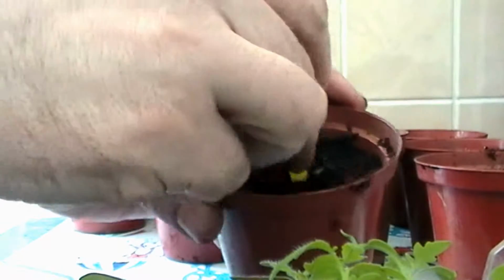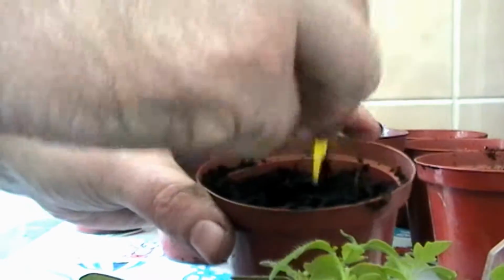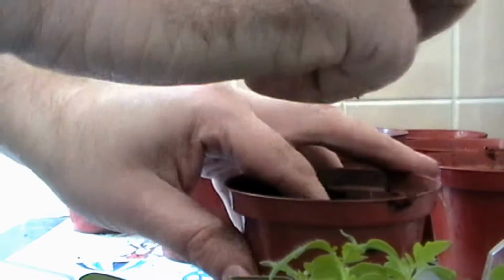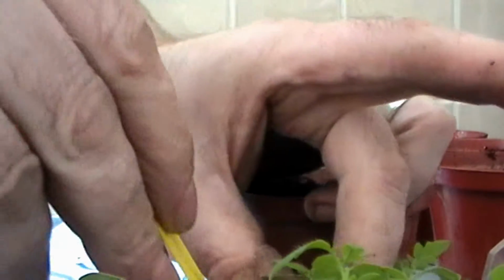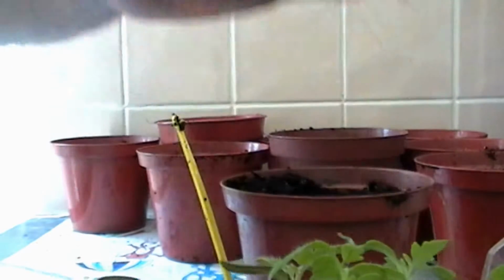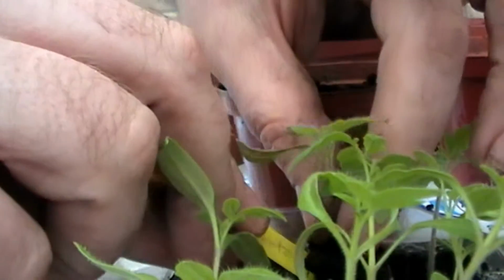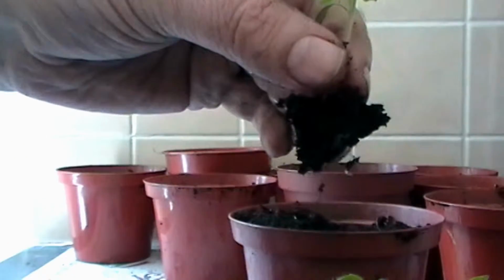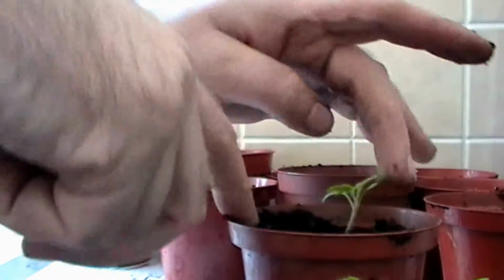What I'm going to do is firstly just make a hole in there like this. So just use my finger. There we've got a decent sized hole, and then we're going to have to very carefully, let's just push it very carefully, pick that up, and there you are. Here we are, you can see there we have the plant. So it's going to go in the hole, it's going to go reasonably deep,